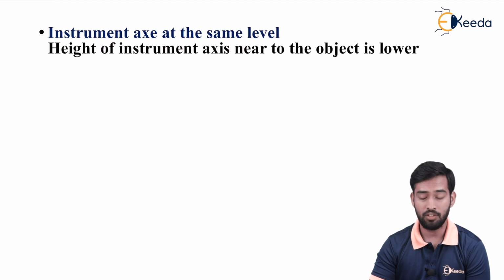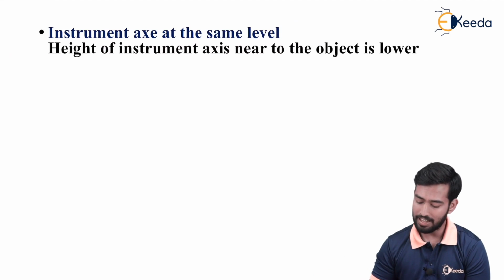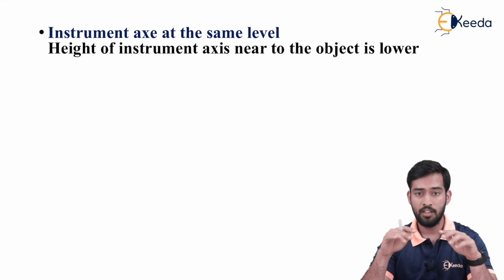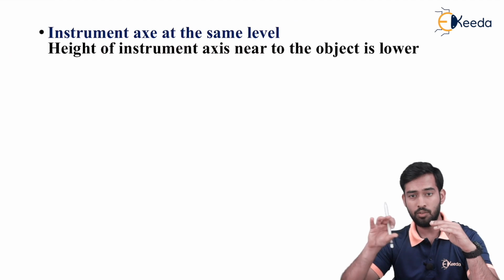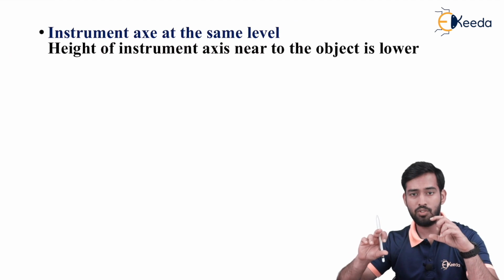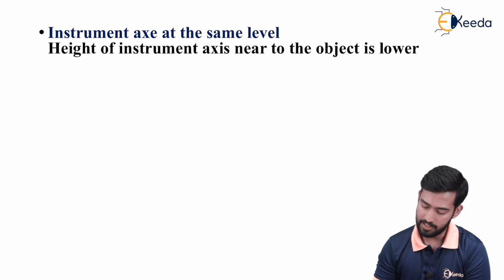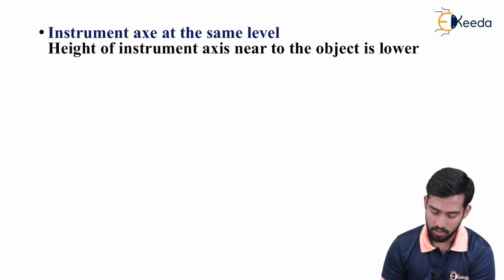In that first case, what happened? The instrument axis of both the objects was at the same level. Now here, the instrument axis near to your object is lower. So we'll draw the first figure and then explain what the given criteria are. So over here, what happened,